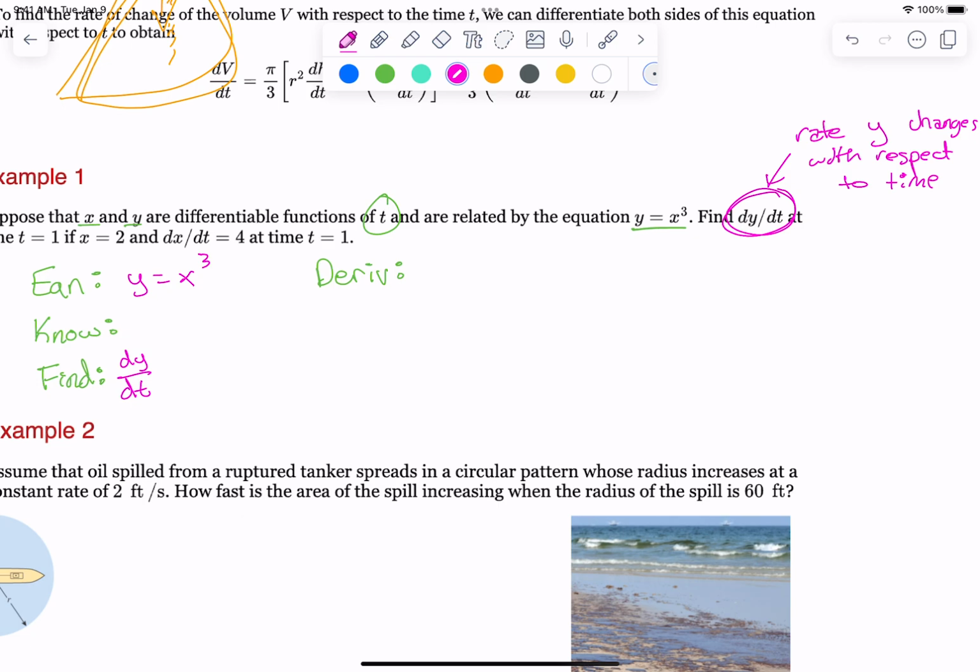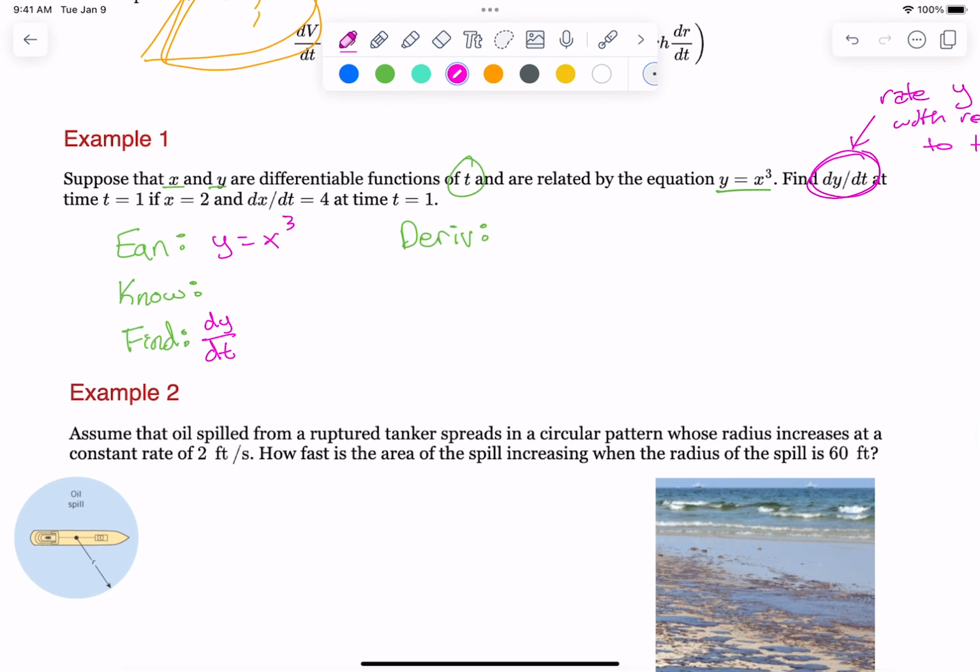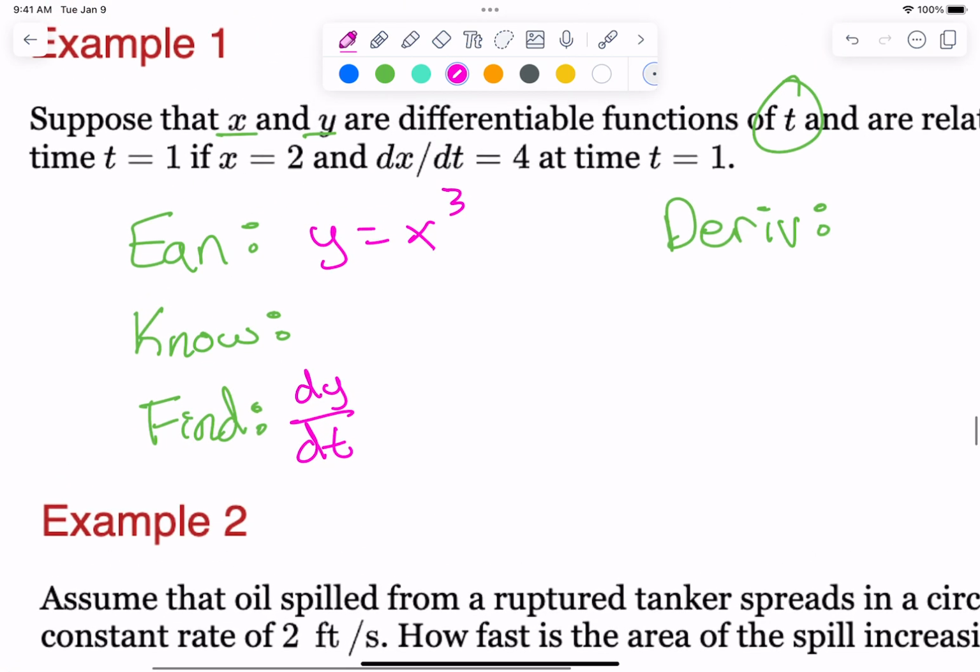This problem is kind of hard because we don't have a context to it. We don't have an actual problem that we're solving. They're just warming us up and getting us ready to plug stuff in. Okay? Things that we know, when we're finding dy dt, it says